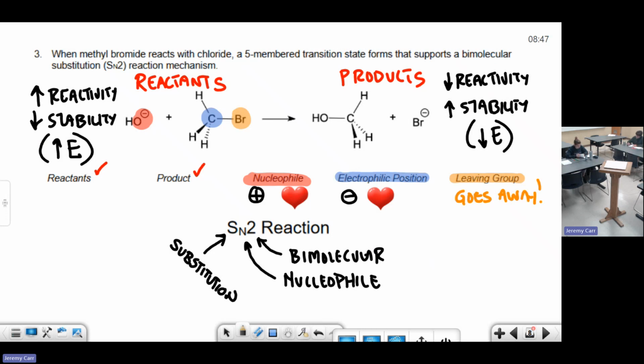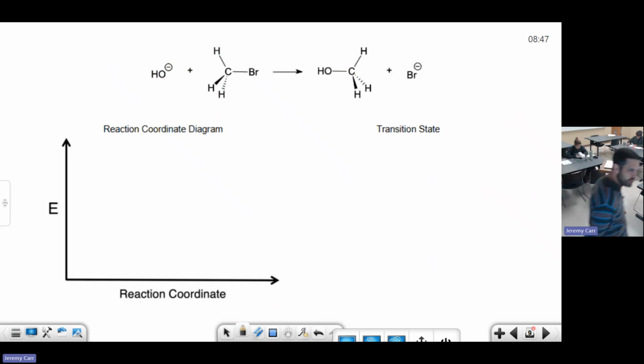All right, so let's put this all together. Here's our chemical reaction. We're going to draw out what's called the reaction coordinate diagram. This is provided for you in your notes. We're plotting the energy of the system as a function of the coordinate. And you go, what is a reaction coordinate? Details. That's what this is. This is telling you how the reactants are turned into the products is the key.